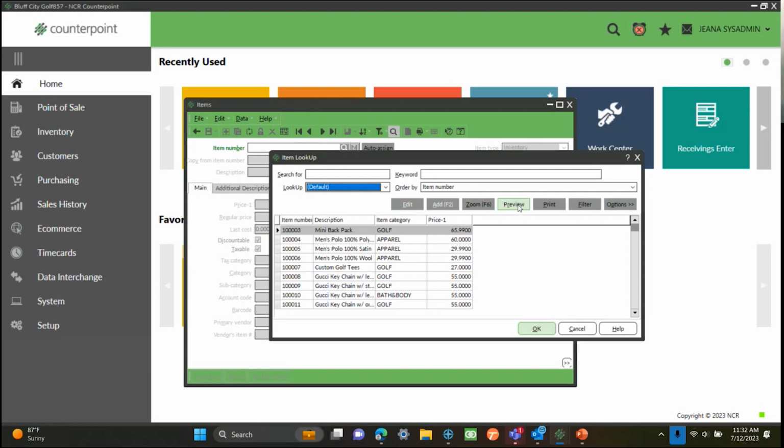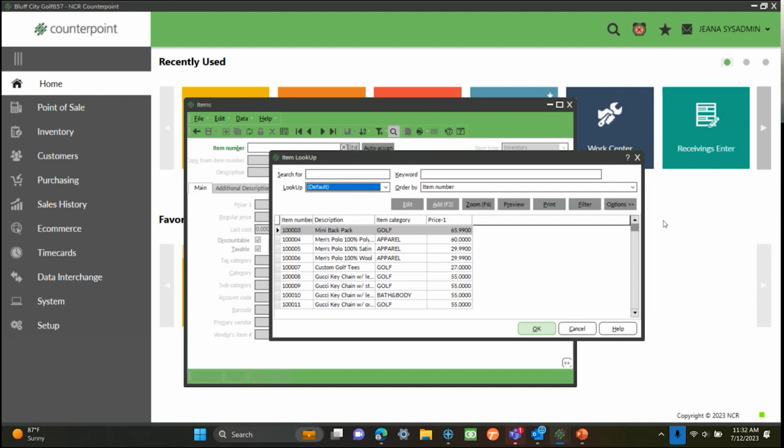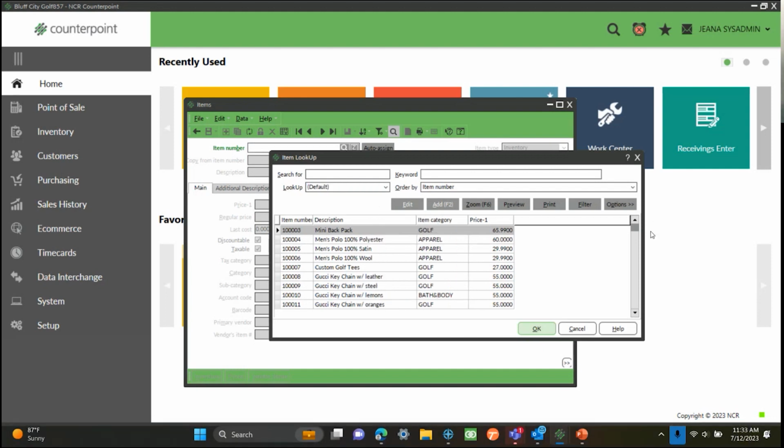And so when I preview to get my quick report, see how my description and item number are kind of crashing into each other and into the item category, and the price one column header doesn't match up with the data? It's easily fixed. So I'm going to escape out of here. Now, first of all, the description. If I just come here and widen this up, that fixes that problem. So when I go to preview,